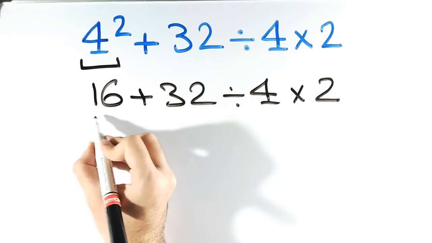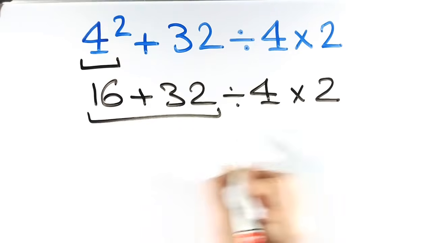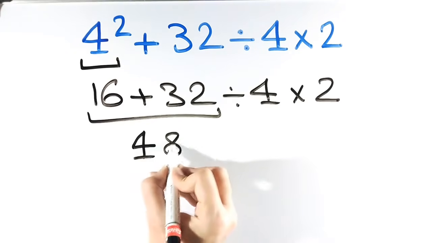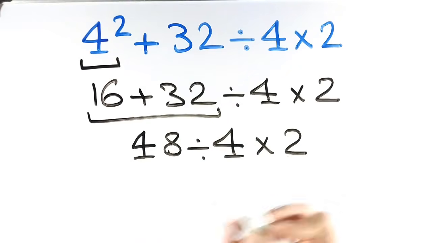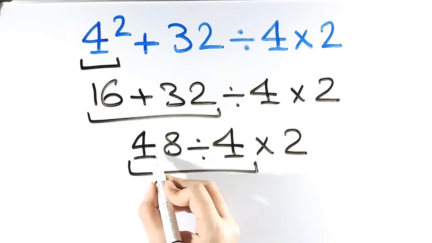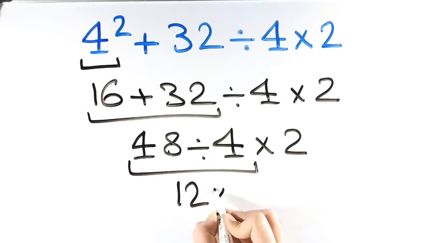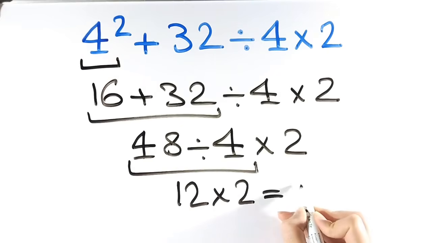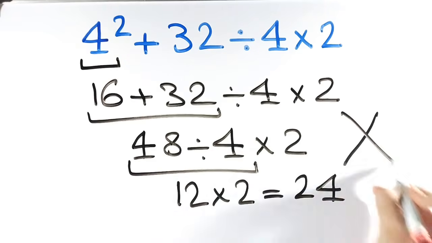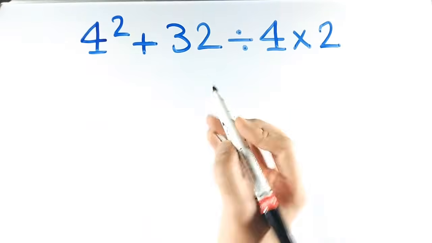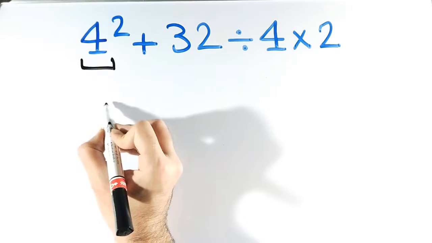And the next step, they go for the addition between 16 and 32 and write this expression as 48 divided by 4 multiplied by 2. Then they go for the division between 48 and 4 and write this expression as 12 multiplied by 2, which finally gives them the answer 24. But that's definitely wrong. Also, some other people, when solving this question, again go straight to the exponent,